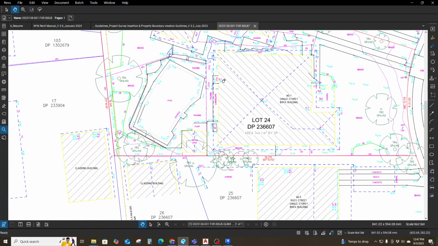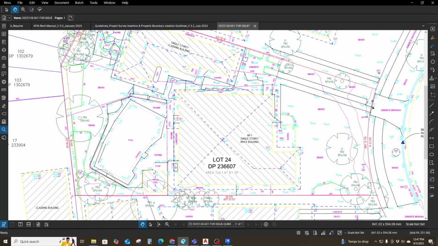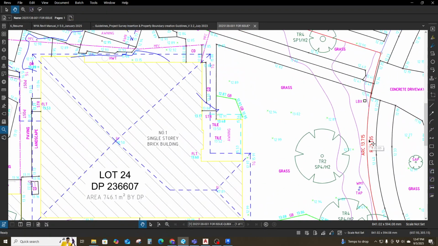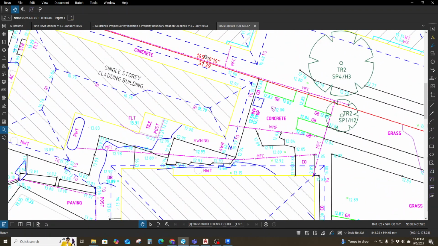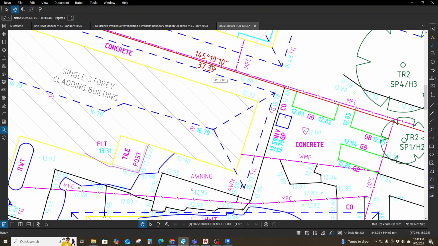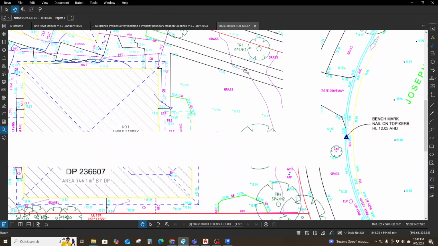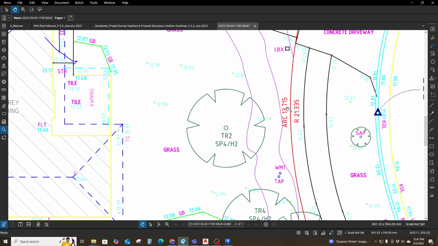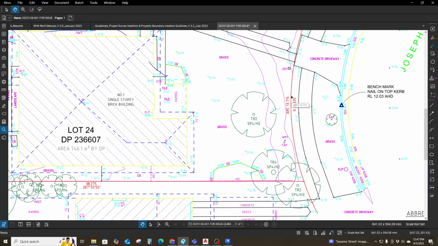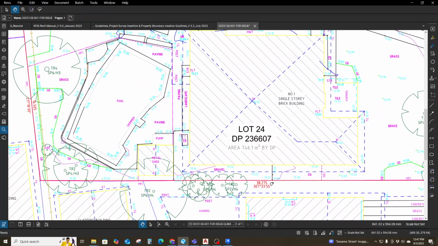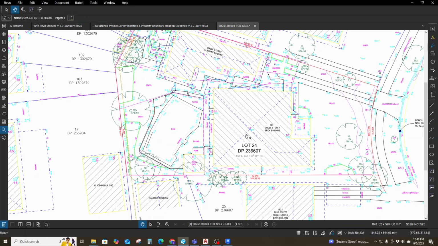So what's important in this one is the boundaries, the size of the boundaries. So over here, the size of the boundary is 37.39 meters, and this is the degrees. So we just ignore that, but we need the dimensions of the lot. Since there is a curved boundary in the front, that's why it's written with arc 13.715 meters. So this is the property boundaries. So we're going to import the DWG file of this in Revit and use it to make base or to